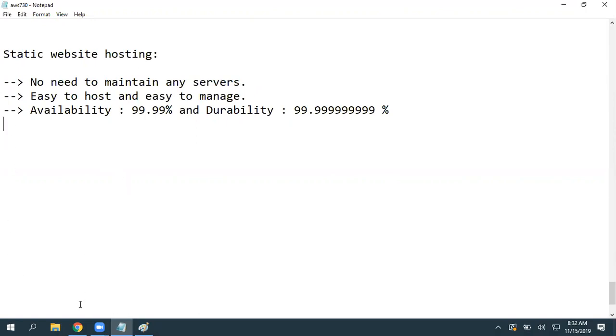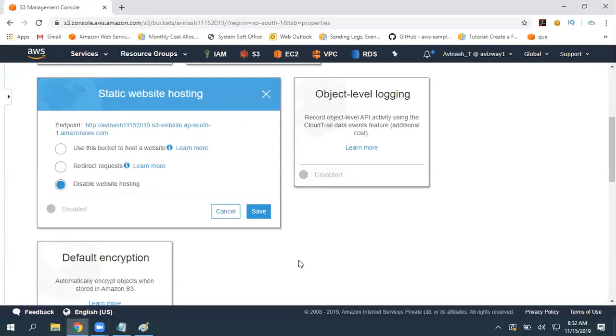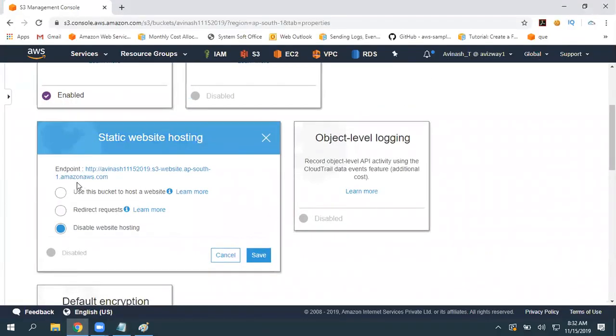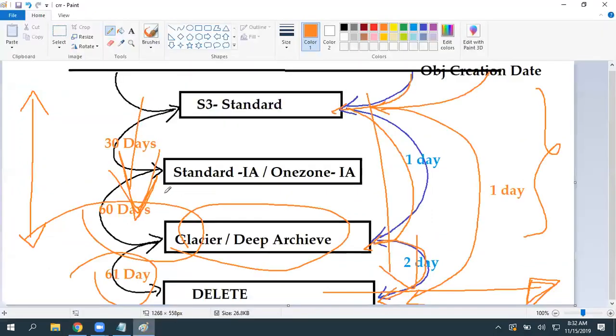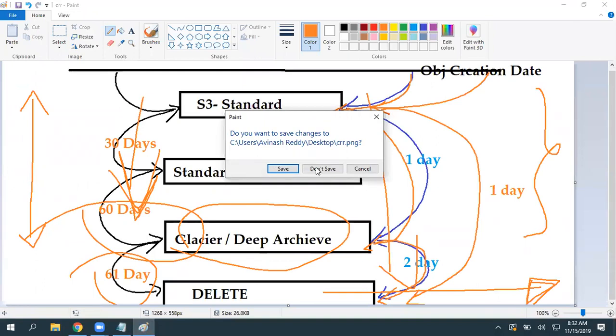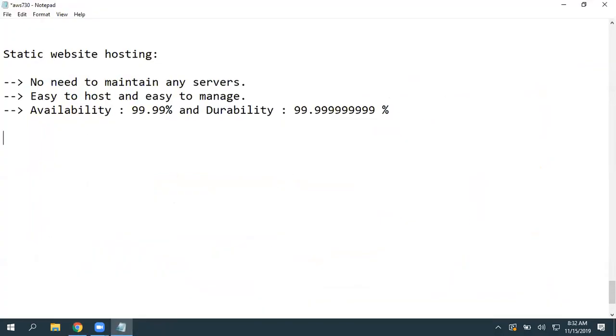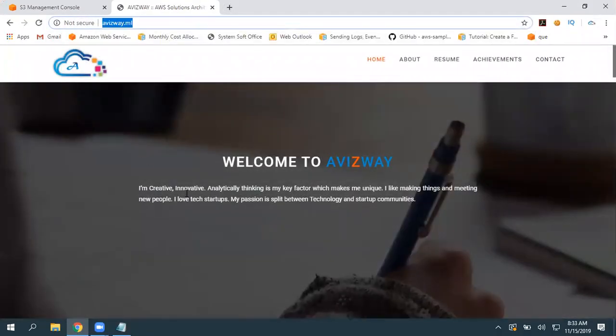And whenever you enable this feature, static website hosting, you are going to get an endpoint. Here we have one particular limitation: whatever domain name you want to map, that domain name must be the same as your bucket name. I've shown you one website. I'm using the S3 static website hosting feature.